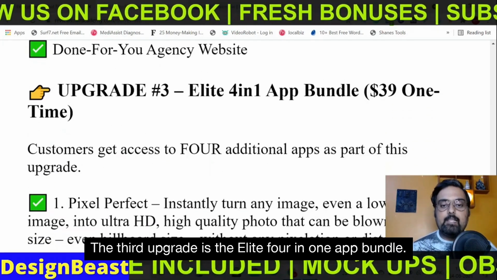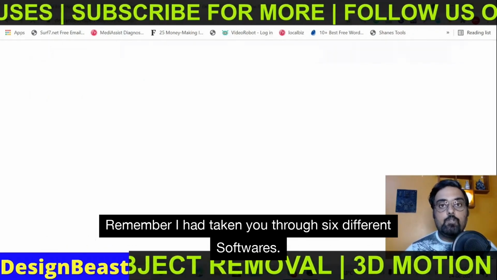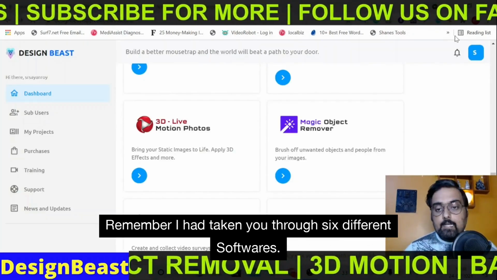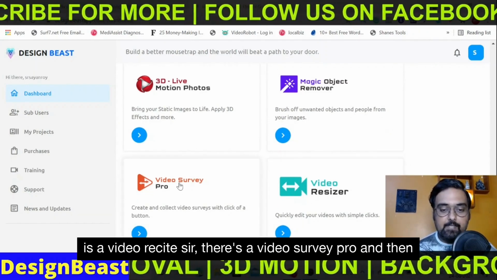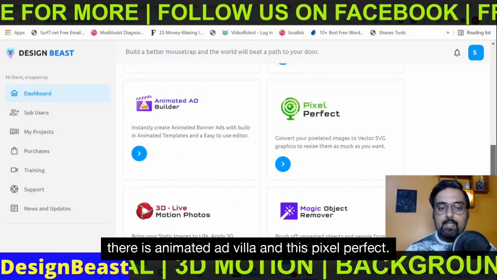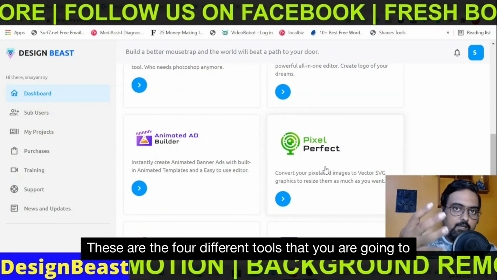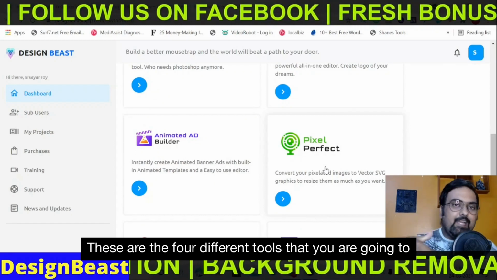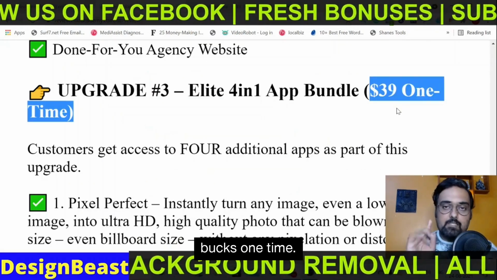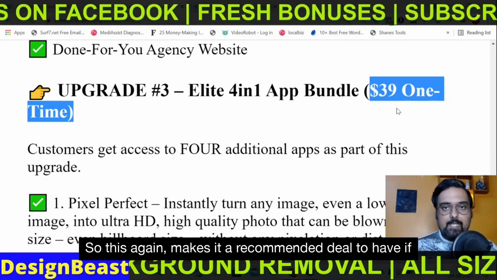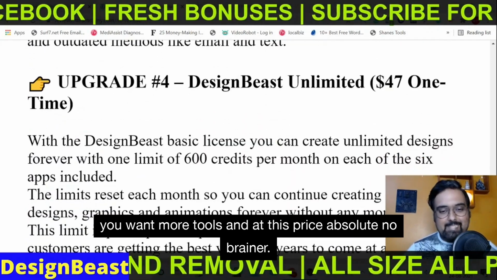The third upgrade is the Elite 4-in-1 app bundle. Now remember, I had taken you through 6 different softwares. Now there are actually 10 different software. Like there is a video resizer, there is a video survey pro, and then there is animated ad builder and this pixel perfect. These are the 4 different tools that you are going to get access to, and that also for a small price of 39 bucks one time. So this again makes it a recommended deal to have if you want more tools, and at this price,